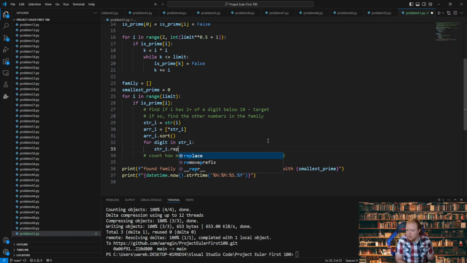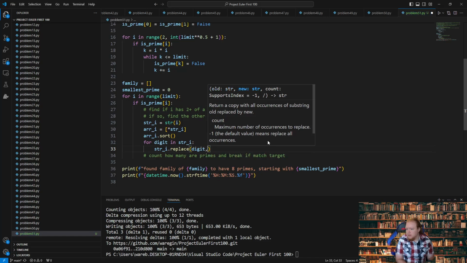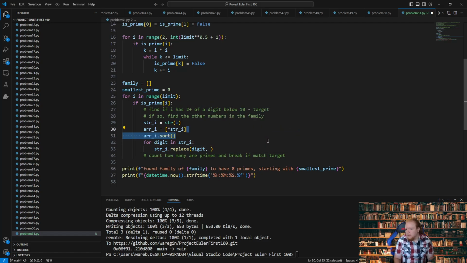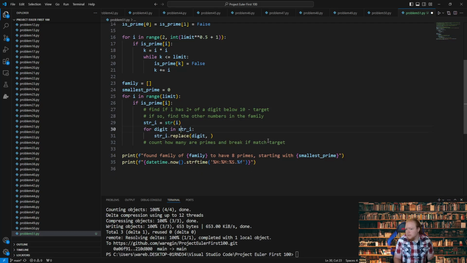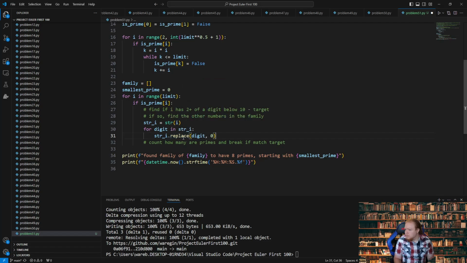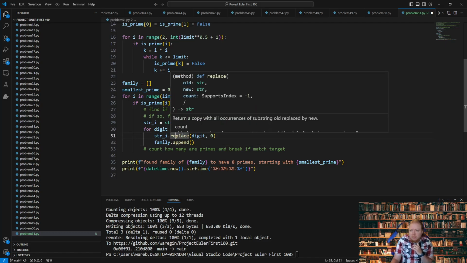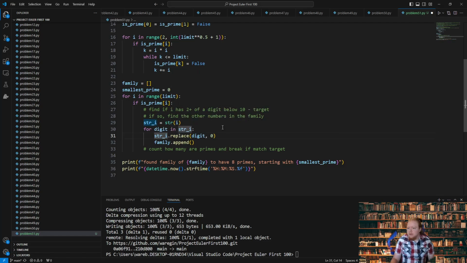let's see, do we have a replace digit with 0, and then family dot append. Okay, so does this change string? Return a copy. Okay, that's ideal. And